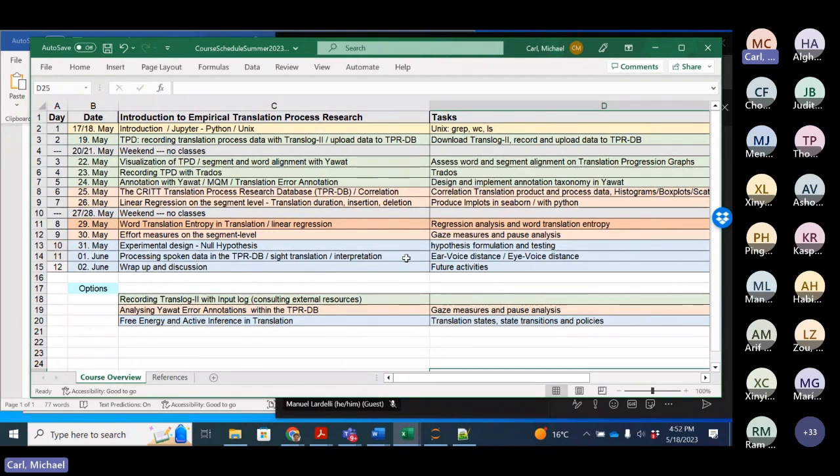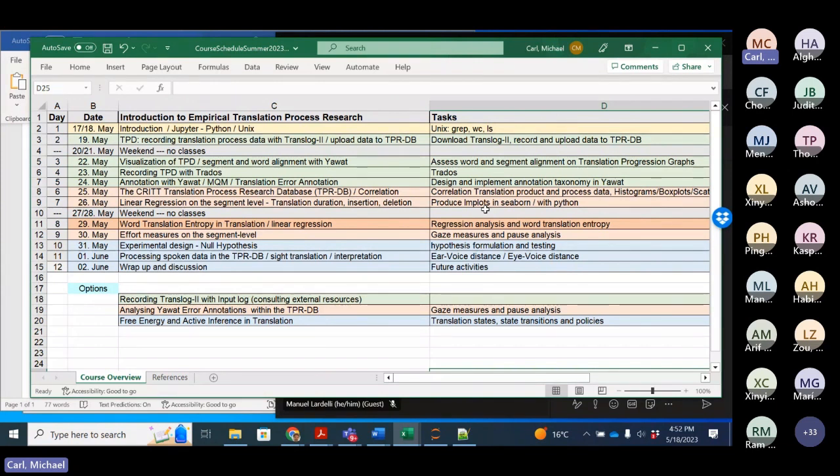How many fixations were there on the source side? How many fixations were on the target words? How many keystrokes were produced? How many insertions and deletions were there? How many revisions were there for a word, and so on. So these are the kinds of tables from a source point of view. One can also look from the target side, the other way around, or we can also look from the process